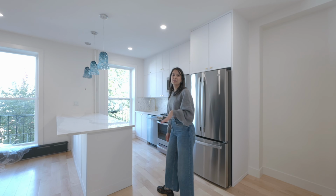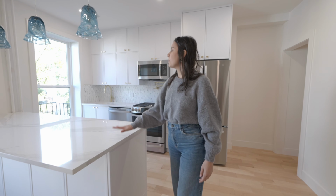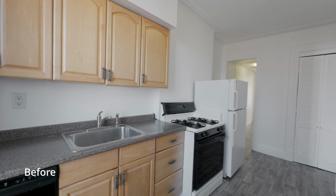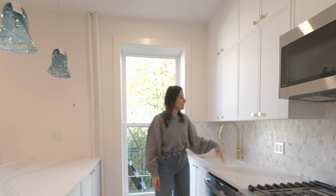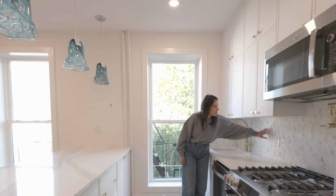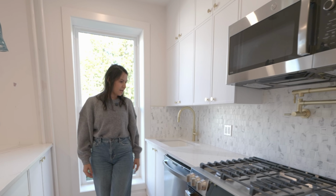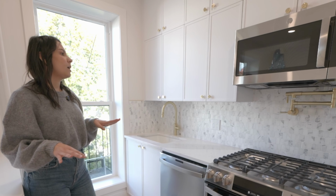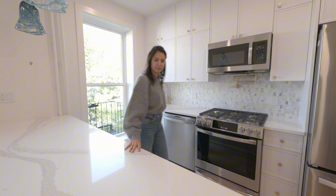One of the main kitchens. We have 3 kitchens in the house. This is one of the kitchens, and we have quartz for the countertop, and the backsplash is mosaic marble, and all the finishes are brass as well, the kitchen as well as the bathroom. Okay,